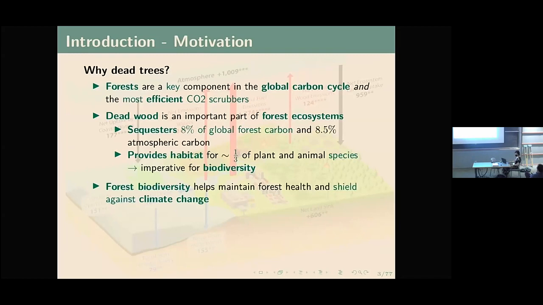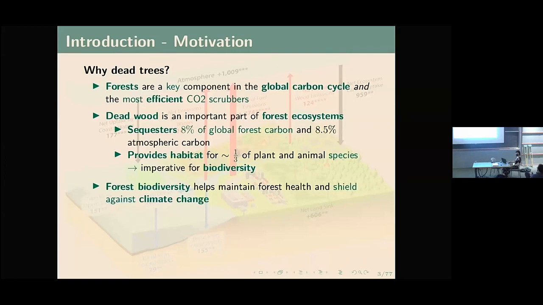They also play an active role in biodiversity by providing habitat to 1/3 of plant and animal species living in the forest. An ecosystem's biodiversity is directly linked to its stability and ability to withstand climate change. So for all of these reasons, it's very important to have accurate ways to monitor dead wood, measure the dead